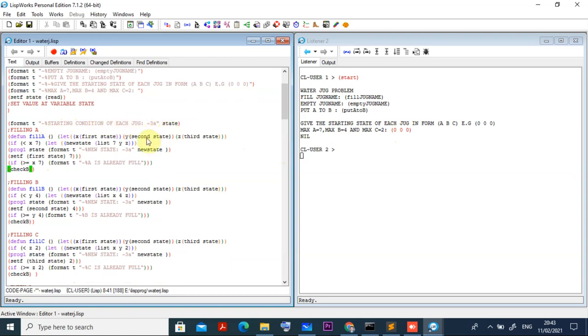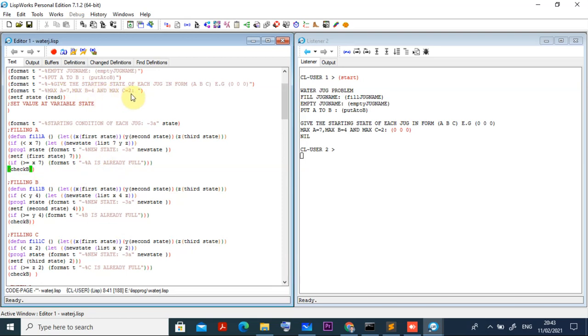It will be showing the different states, and it will be checking the first cases. Is x greater than... because here, what is the problem statement, I will explain again. Initially I am having 3 jugs. First jug I am having 7 liter capacity, second jug 4 liter capacity, and third jug 2 liter capacity. You get it now?